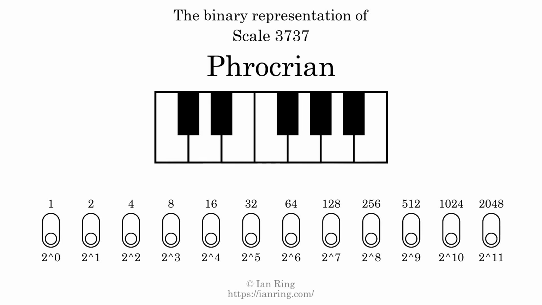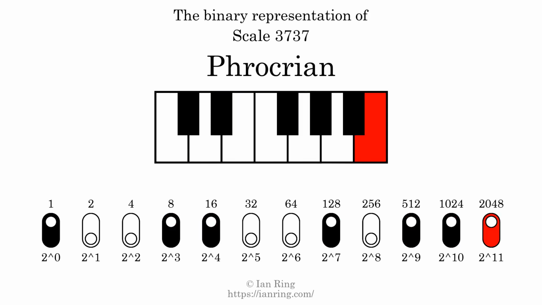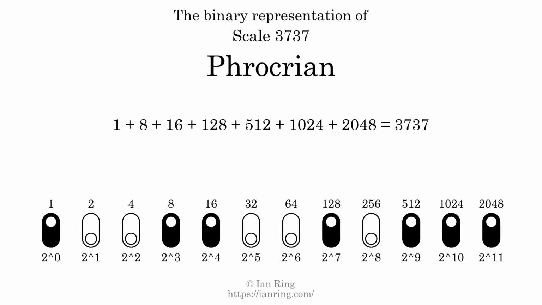The binary representation of this scale is determined by mapping tones of the scale to binary digits. Each binary digit represents a power of 2. To get the scale number, we add the powers of 2 together. The powers of 2 that are present in the scale, all added together, equals 3737. That is why the scale number, in decimal, is